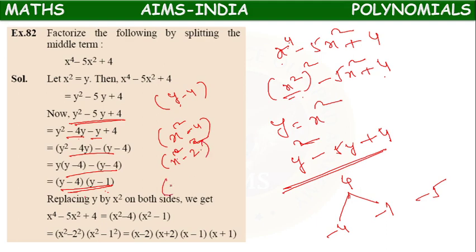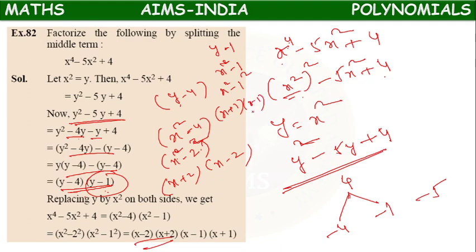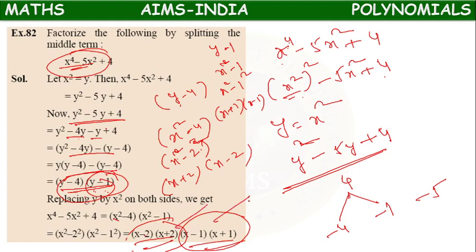Which means a square minus b square, that is a plus b into a minus b. Two factors will come. Next one, y minus 1 means x square minus 1, or x square minus 1 square, or x plus 1 into x minus 1. For the second one also, two factors will come. So if we reduce the form, two factors will come. Again, if we expand the form, for each one 2, altogether 4 factors will come as answers.